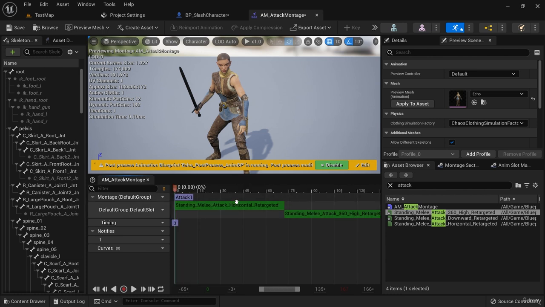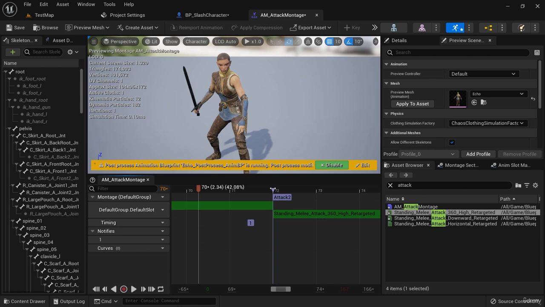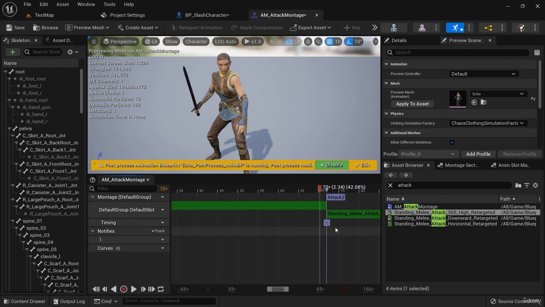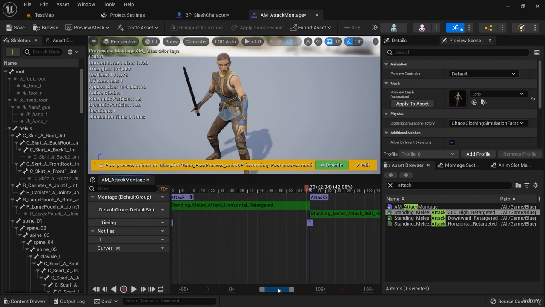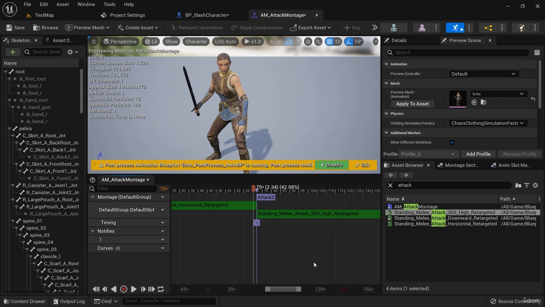Now I'd like to have another section starting at the second animation, and I can right-click here, select New Montage Section, and name it. I'm going to call it Attack 2. Now if I hold Control and middle mouse wheel in, I can see that my Attack 2 section is not exactly starting at this second animation. So I can click and drag the arrow to stick it right between the two, so Section 2 starts right there at the second animation. Now, placing sections here in our montage is useful because when we play a montage, we can choose a section